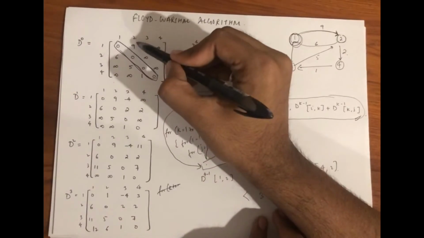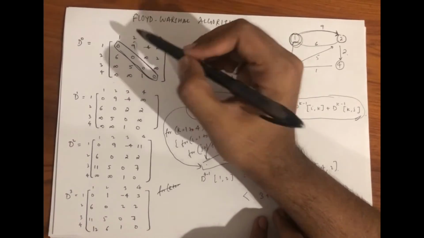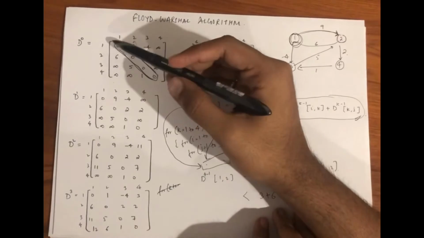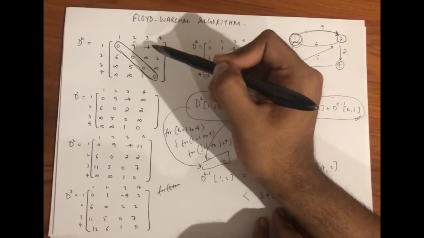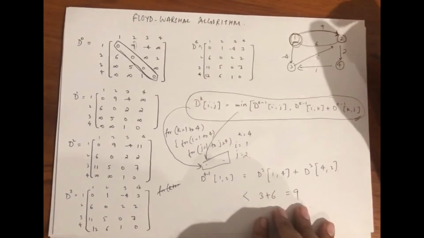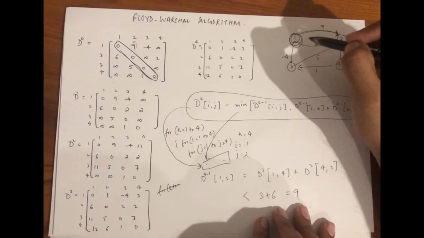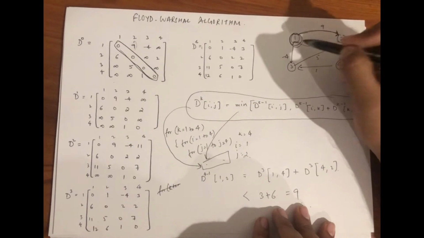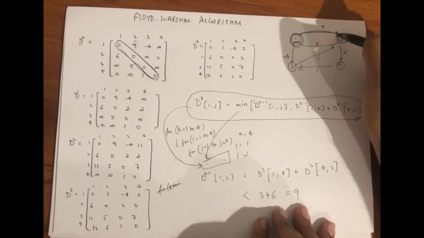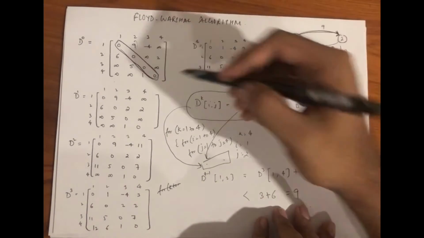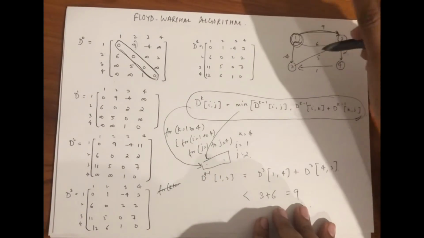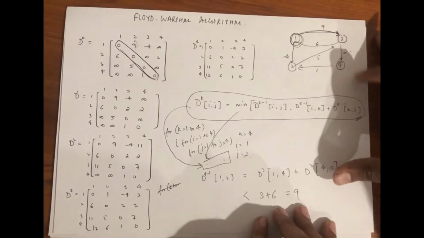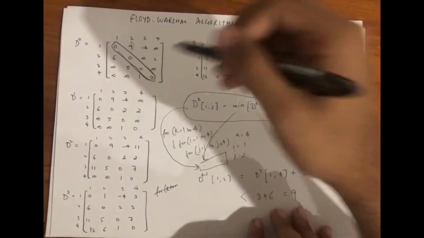From 1 to 3 it's -4. From 1 to 4 we have to see that the graph is directed, so we have to consider direction. There is no path shown from 1 to 4 in this diagram, so we take it as infinity. Now by filling this,